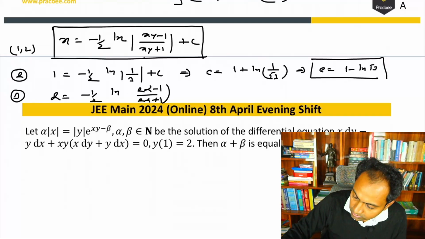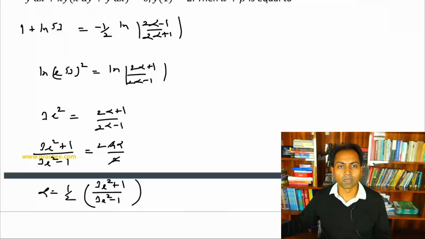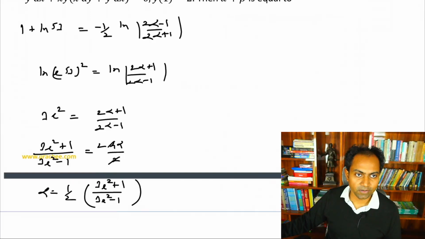And let us not forget to put the modulus sign. It is very important. Now plus c will come. C we have figured out as nothing but 1 plus 1 minus 1 by root 3, 1 minus ln root 3. Now we can simplify it in this manner, and after doing those steps, you can check the calculation and option